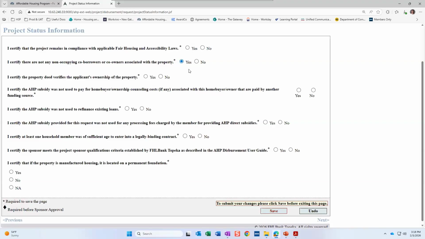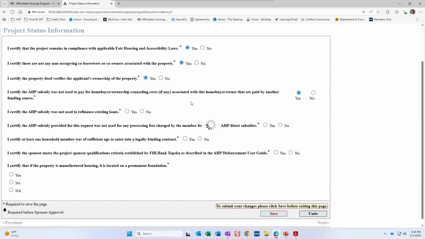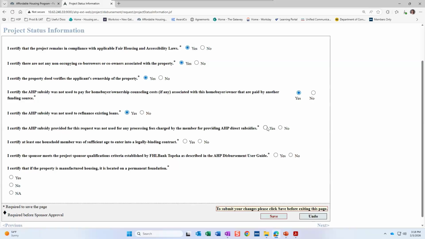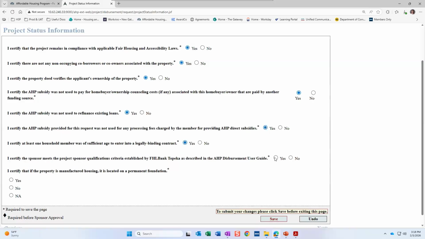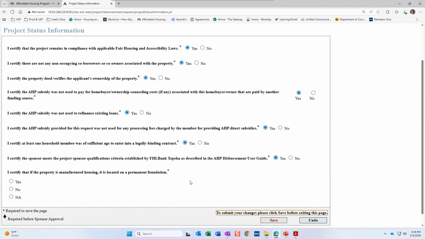So please make sure you're keeping these things in mind. And if you are not meeting one of these requirements, that you're reaching out to us prior to the closing so that we can take care of that and figure out if our funds can be utilized. So again, we're hoping to do yeses all the way down. I'm going to go ahead and do yeses here. If you have any specific questions about any of these policies or rules, please feel free to reach out to me. I'd be more than happy to talk that through with you.